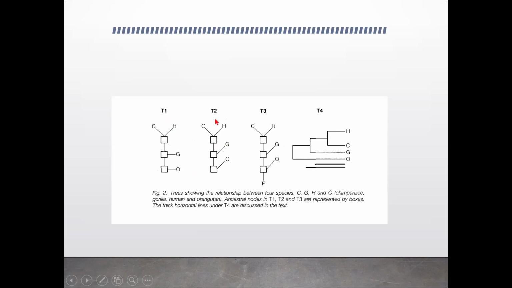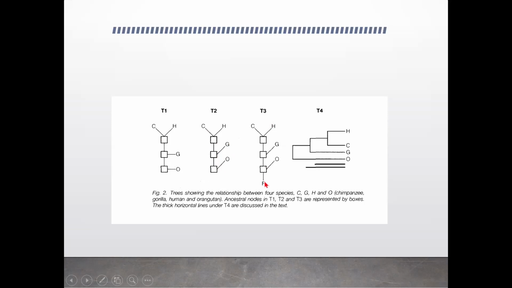T1 and T2 are identical except for one difference: in T2, the branches are drawn as angled branches so that it looks more like a real tree. That is the only difference. The style in which branches are drawn is different between T1 and T2. Otherwise, these 2 trees are identical. They are unrooted trees. There is no root.